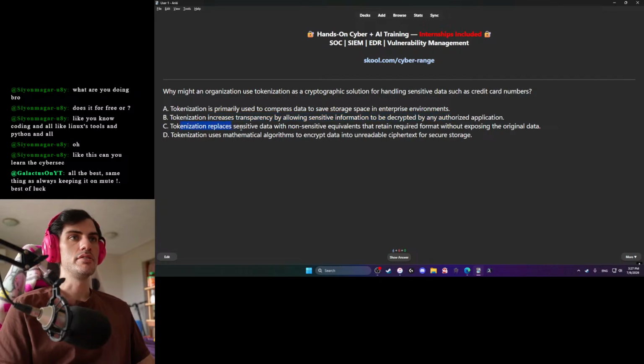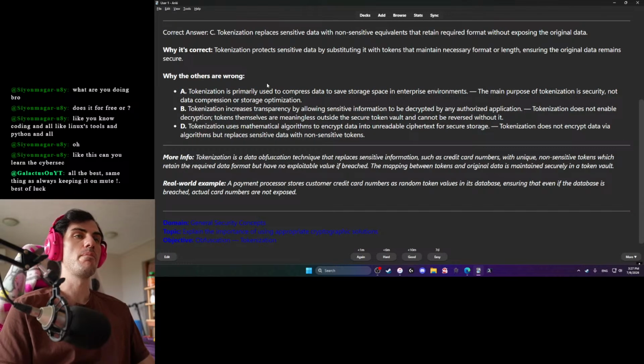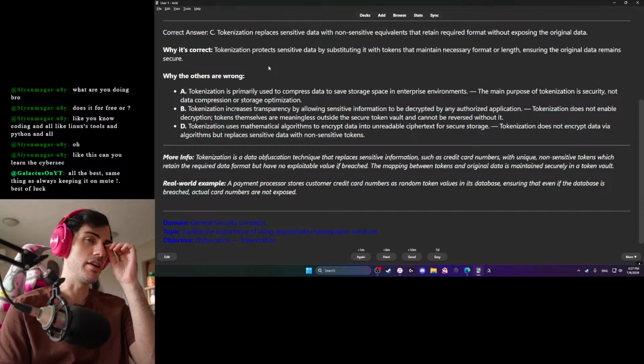No. Tokenization replaces sensitive data with non-sensitive equivalents that retain required information without exposing the original data. Interesting, I might try C. Could be C or D, let's go. C. I was leaning towards that anyway.